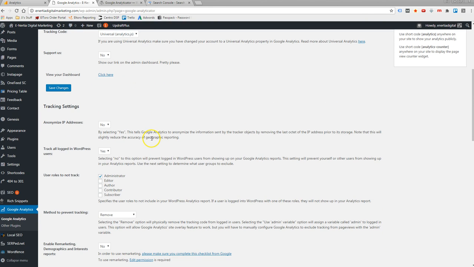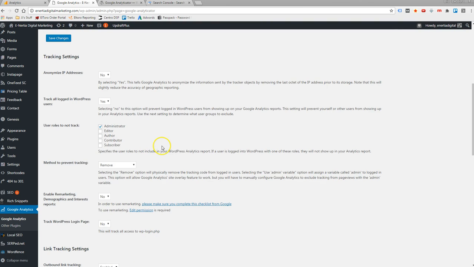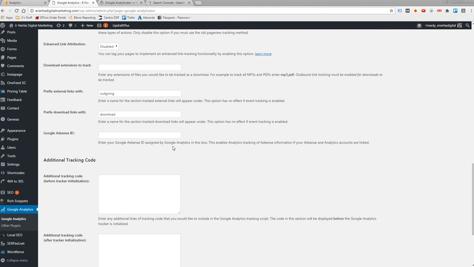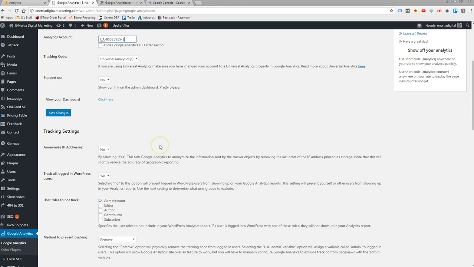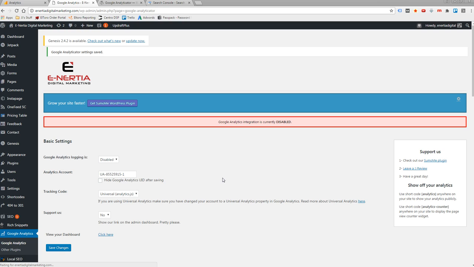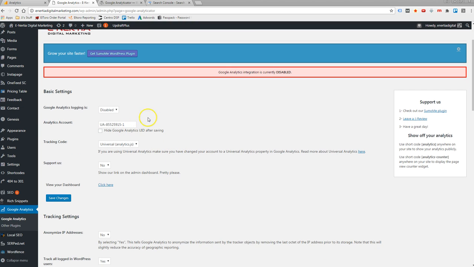These tracking settings, nothing to mess with in here. Really nothing you need to mess with at all. None of it's relevant. All we needed was this tracking code. Make sure and click Save Changes. Okay, settings were saved. So what WordPress has done in the back end here, what this plugin has done, is